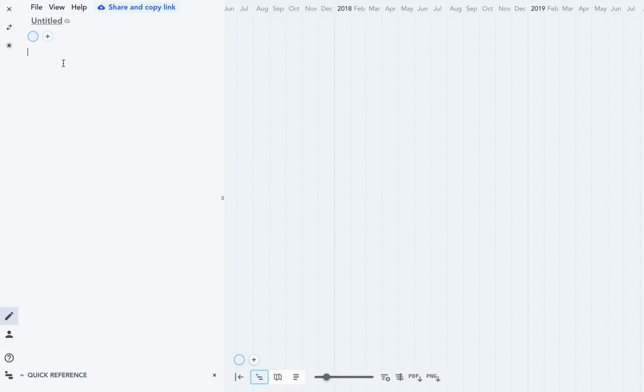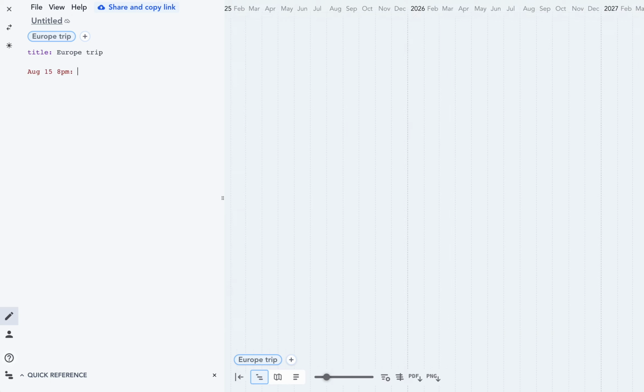So here is the Markwhen interface. We've got the text editor on the left here, and we've got the timeline view on the right. It's currently empty because I haven't put anything in yet, but let's go ahead and make an example timeline of maybe a trip to Europe, right? Europe trip, okay? And let's say that we're gonna go to Athens, and our flight arrives at August 15th, 8